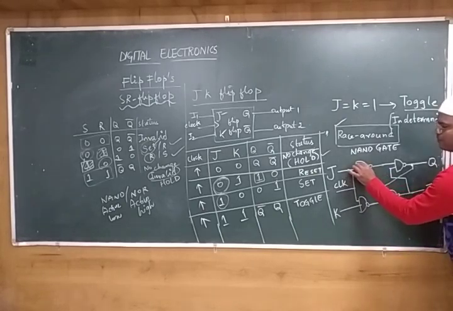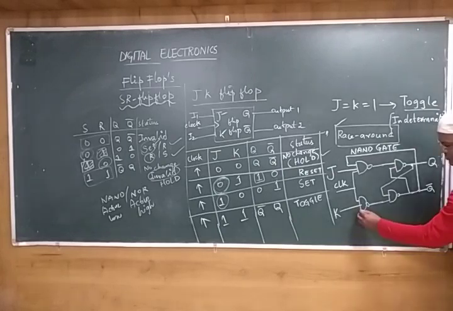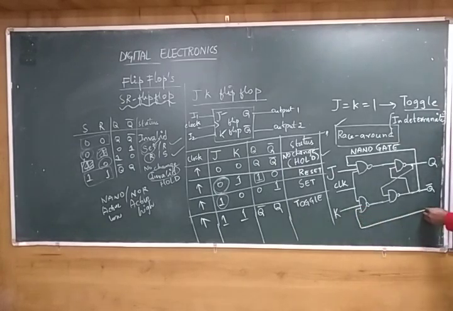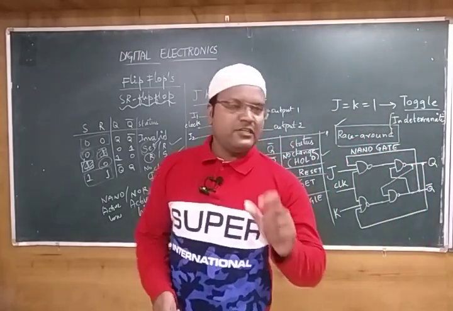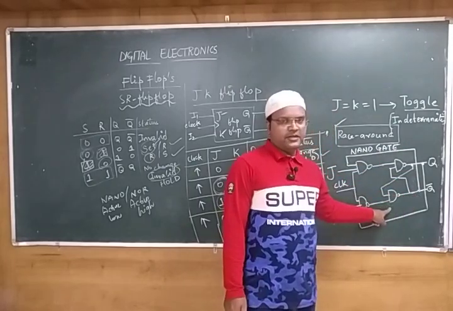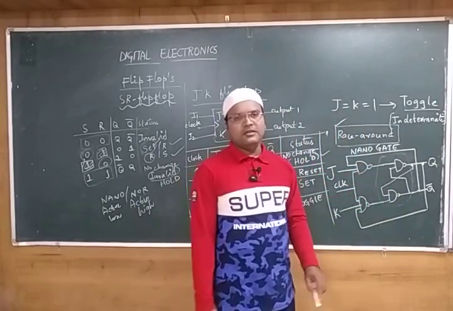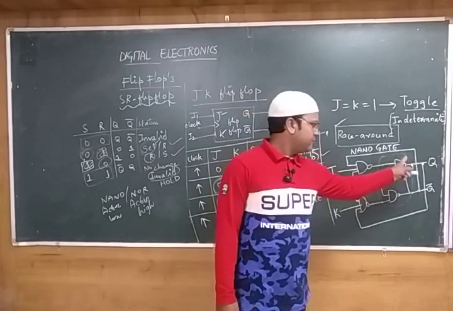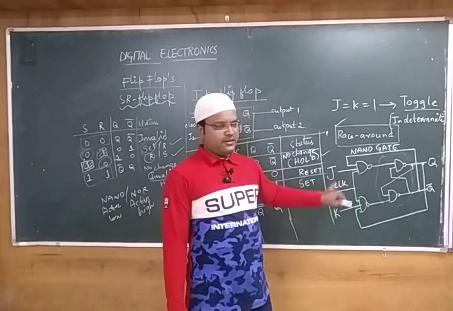Here also we had the input of the first passing to the output of the next. This is the extra connection we have. Similarly, for this also the input of the K is passing to the output of the Q. So this is the way this JK flip-flop has been designed. That means the first input is passing to the Q bar, that means the output of the next NAND gate, right? If you design this part, then this is called the SR latch. This latch we have taken and we have passed to two NAND gates. When we have these two NAND gates, first is set, another is reset.